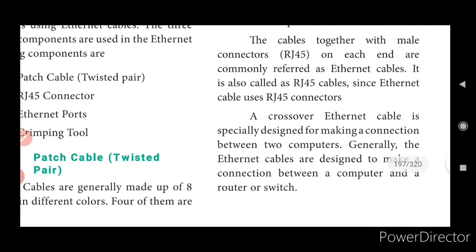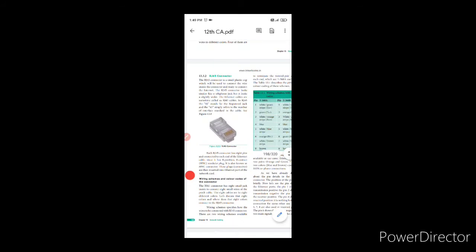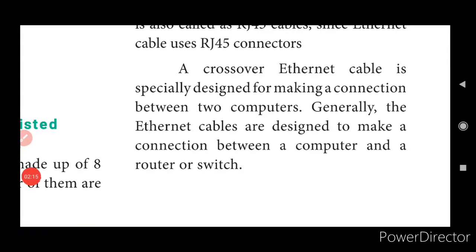You know what is an RJ45 connector? This is your RJ45 connector, which will be easy to insert in a telephone line or in a port where we want to transfer data. Generally, we use crossover Ethernet cables for making connections between two computers.